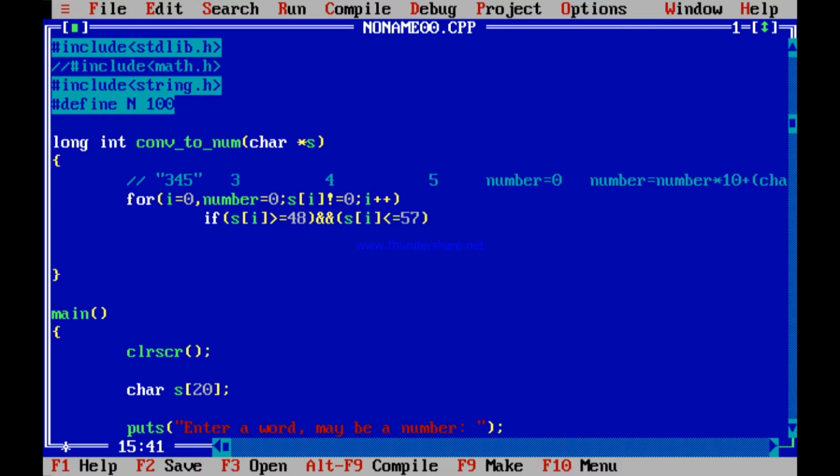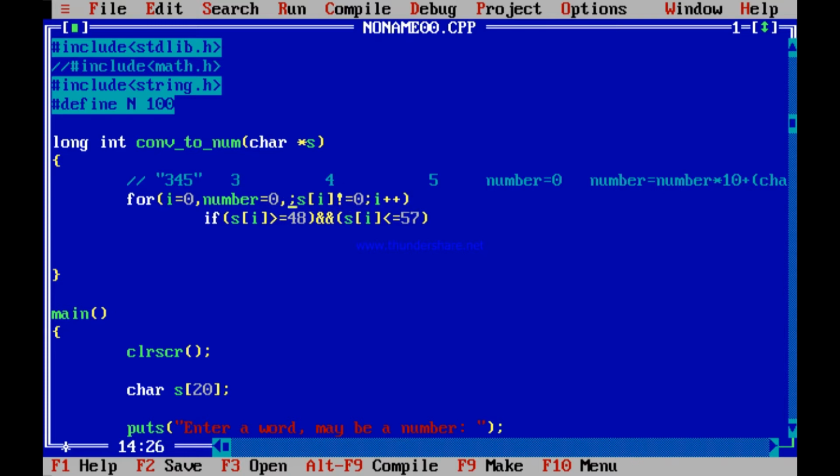Is not it so? Only then it is a number, otherwise it is not a number. So what can I do? What I can do is, if it does not fall within this range, then I make a flag equal to 0 and go out.